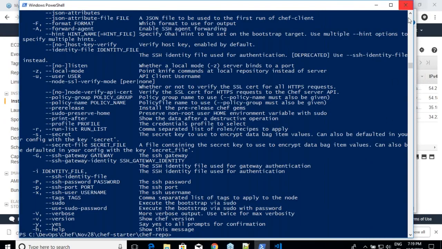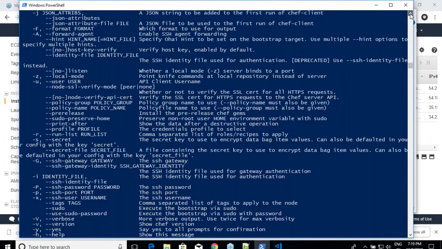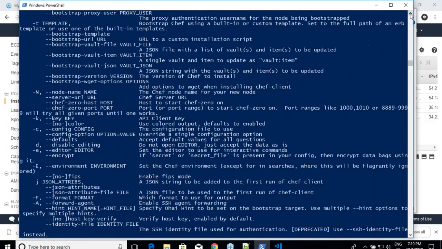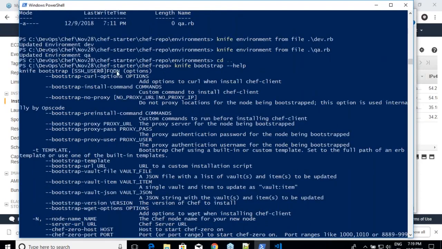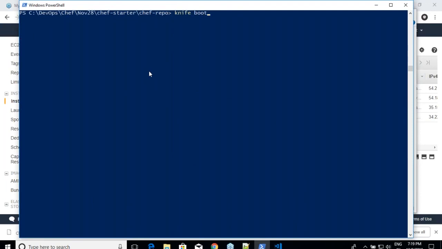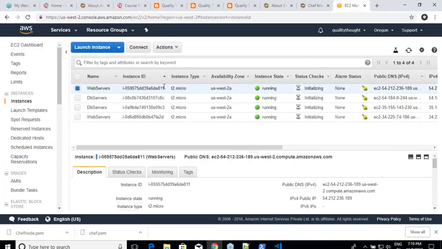Okay. So we have too many arguments. Knife, you can use more. Knife bootstrap, FQDN, and then there are some options. Okay. Knife bootstrap, and it is always a good idea to give a bootstrap based on their public DNS names, right?